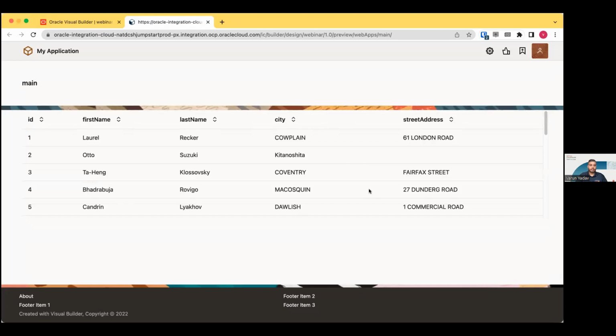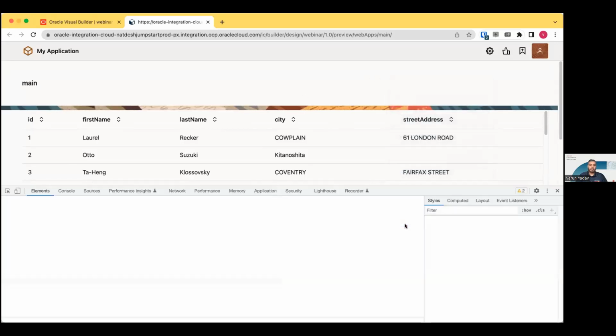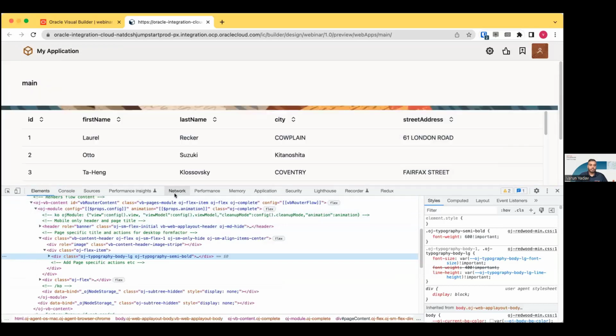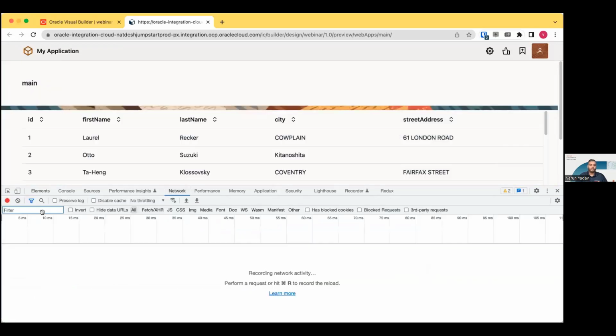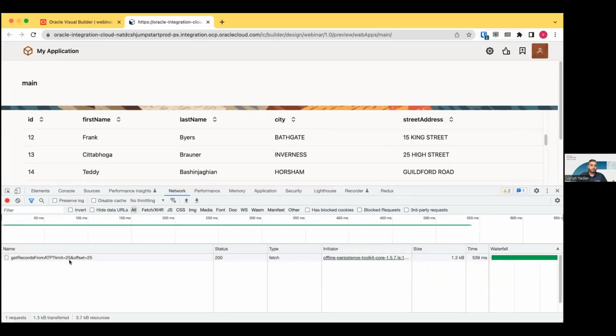So now you can see the height is limited. To see the pagination in place, or to see the network calls, I'll simply right click on the page and click on Inspect, and this will open up the inspector tool, and I'll click on Network. I'll clear the logs for now, and if I start scrolling, you can see right now I only have 25 records,